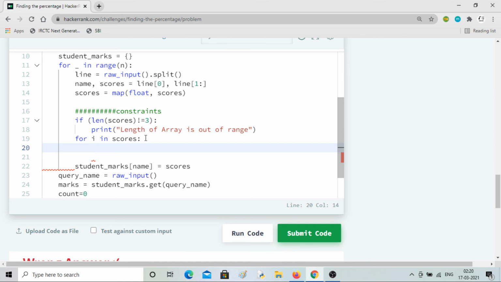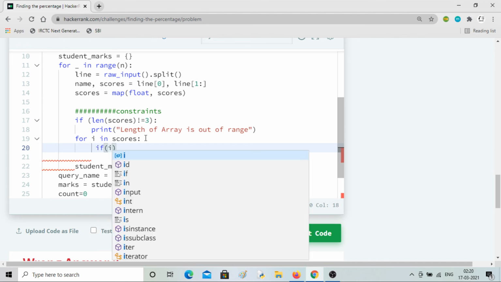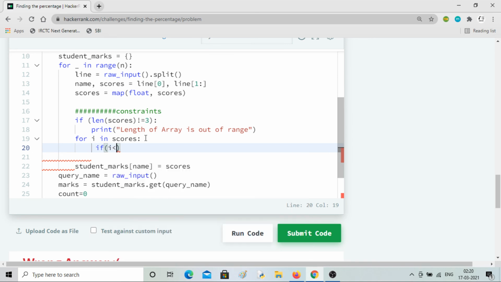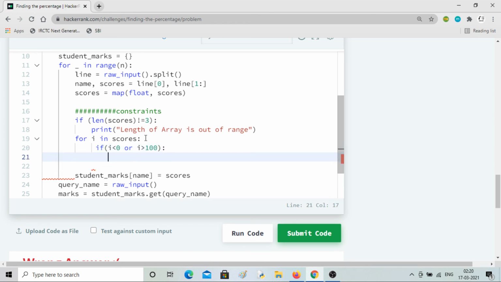So for i in scores, it will check each entry: if i is less than 0 or i is greater than 100, it will print: marks is out of range.